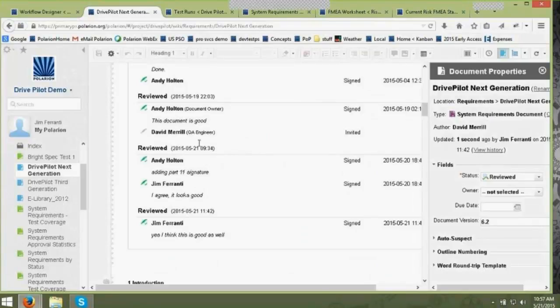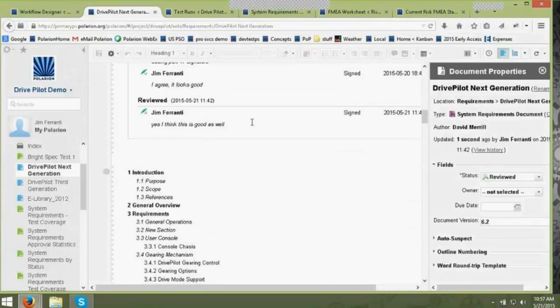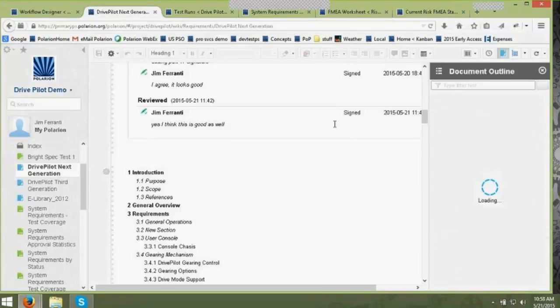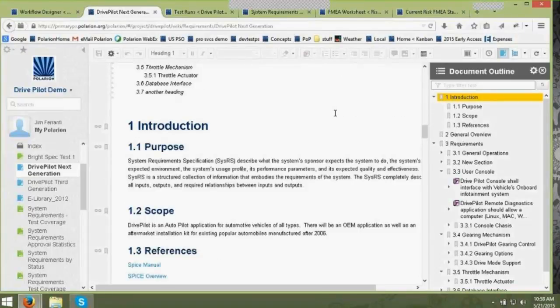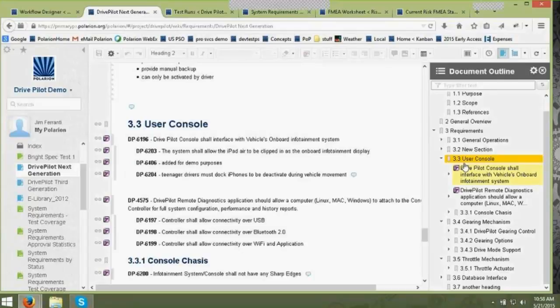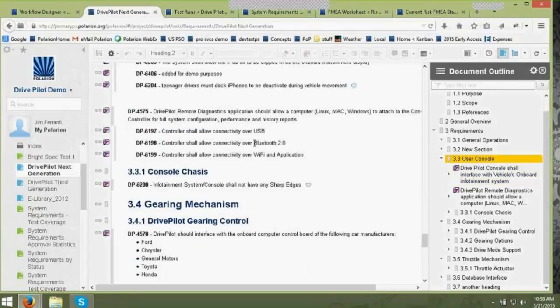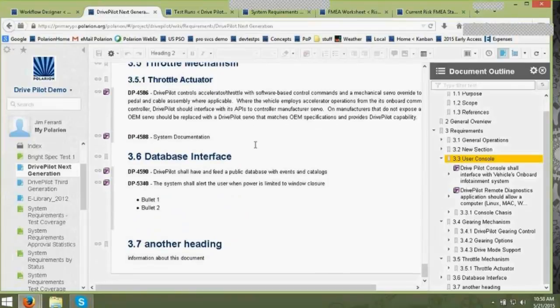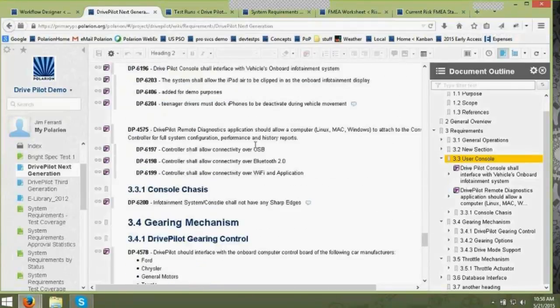Now, a couple other things that are rather magical about the document. Let's go ahead and look. This is incredibly helpful when you have a very large document: the document outline capability. All the different sections and areas that are highlighted are basically hot, so you click on them and it takes you right to it in the document. As you can see, the document holds lists, graphics, diagrams, all kinds of things.